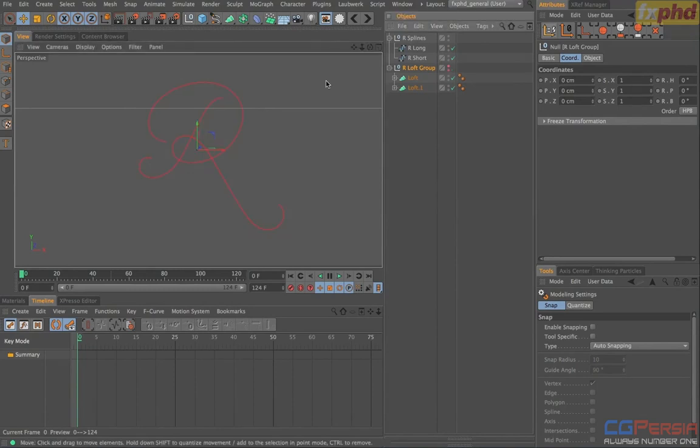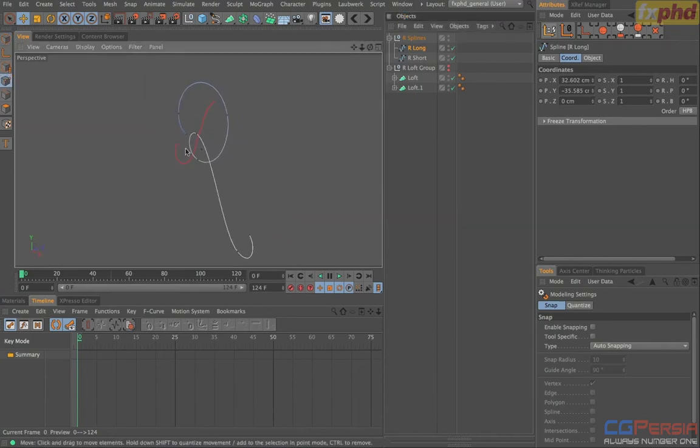The first thing I think we should do is to take this spline and make it more 3D. So let's take the long spline and switch to points mode, and let's just do something really simple like pull this out here. Let's pull that one back, maybe pull this out a little bit, something like so, just so that we have a little bit of a twist to it all. Nothing